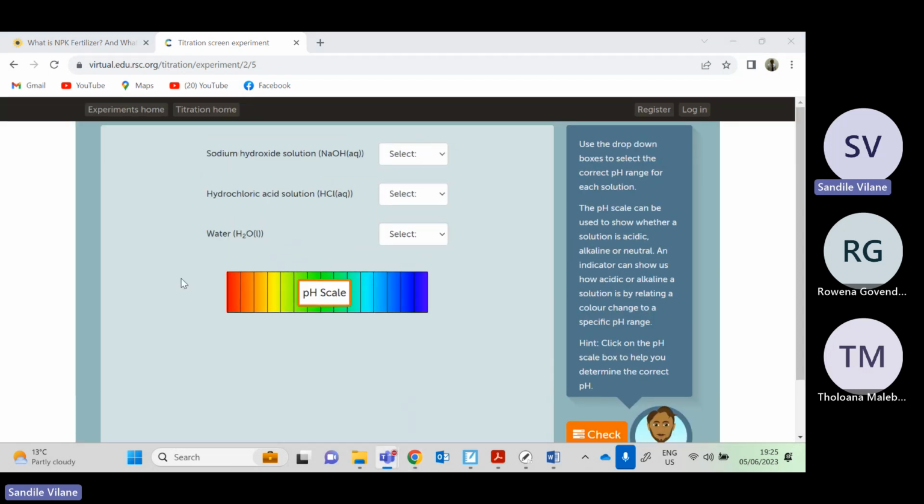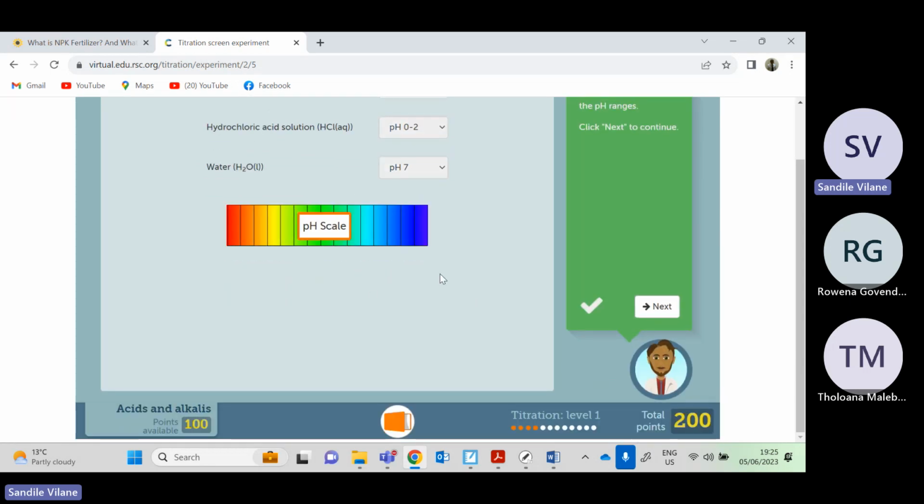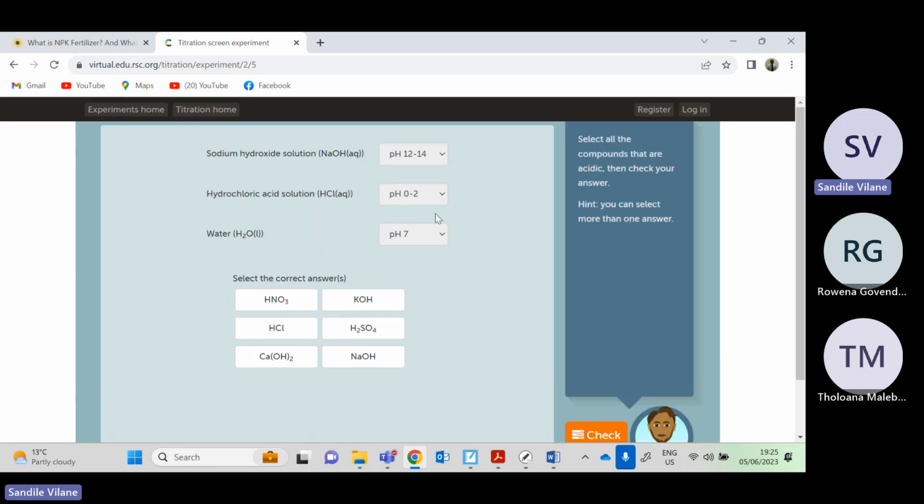So what are the pH values of the sodium hydroxide solution? Because it's a base, it must be somewhere above 7. The pH of this acid must be between 0 and 2. And water is neutral, so the pH will be exactly 7. So that's just your pH scale, your basic understanding. So the next step will be now,